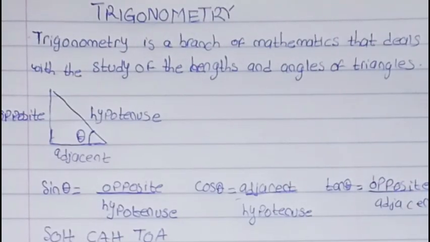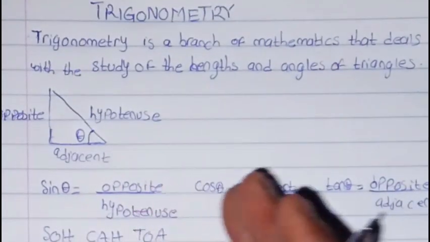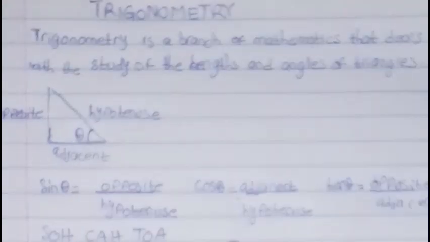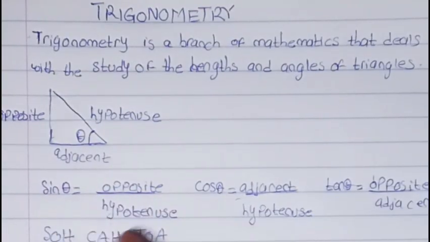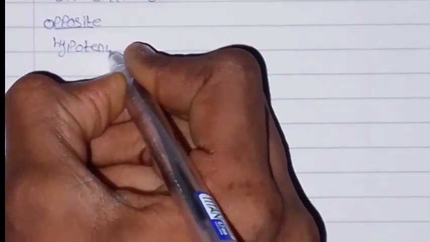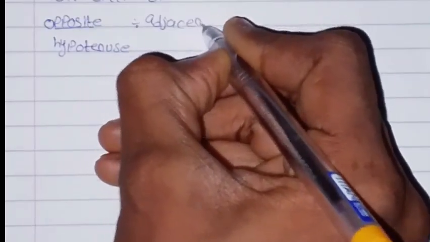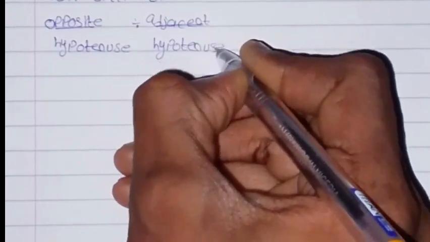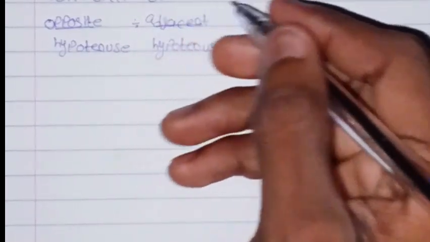Now, what are the relationships between sine, cos, and tan? We can express tan as a function of sine and cos. What do I mean? If you divide sine by cos, we say sine is opposite over hypotenuse, divided by adjacent over hypotenuse. Due to this division, this fraction is going to flip upside down. So this is equivalent to opposite